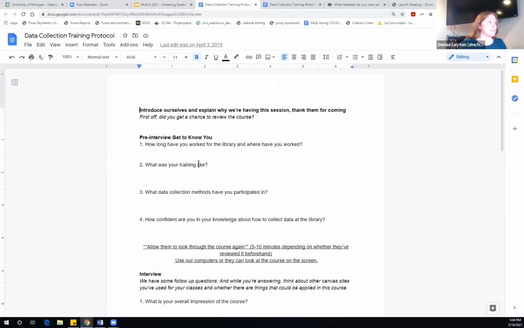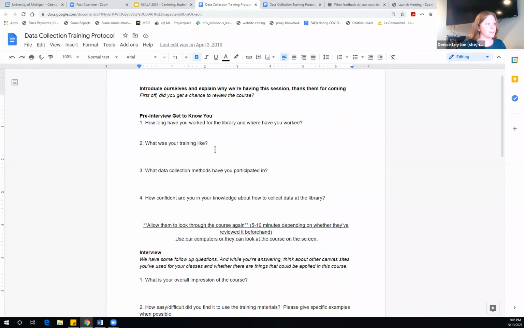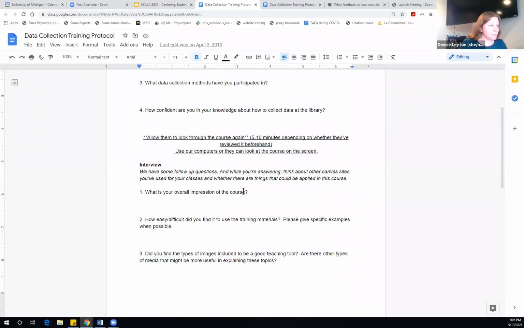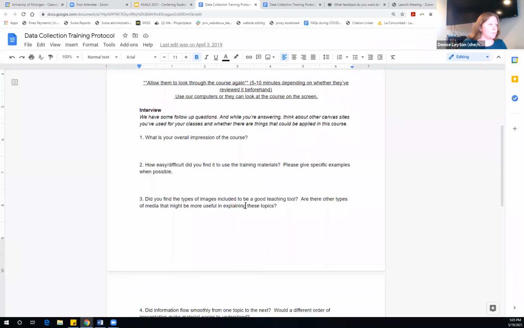So this is our actual training protocol that we used. And so I had a note taker and a facilitator. And in a small group session, we introduced ourselves. We did some get-to-know-you questions. And then we got into the interview where we really just started broad, with overall impression of the course, and talked